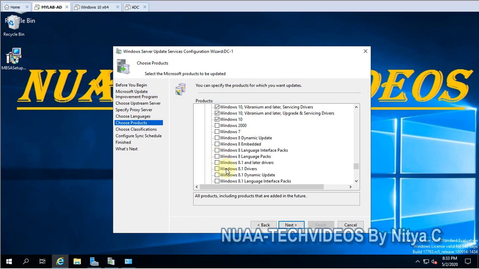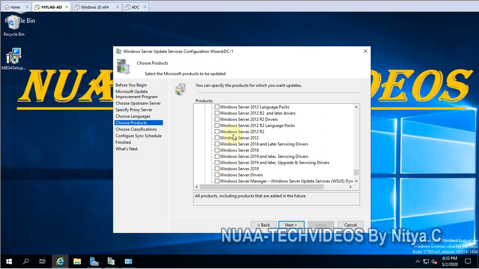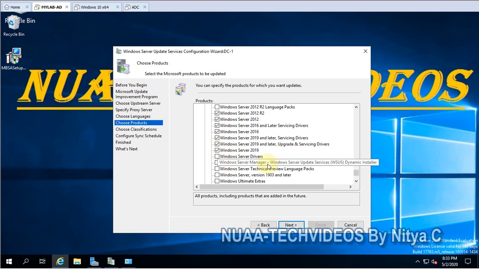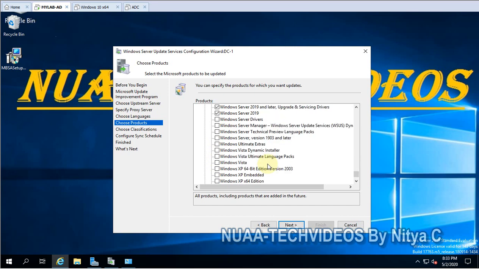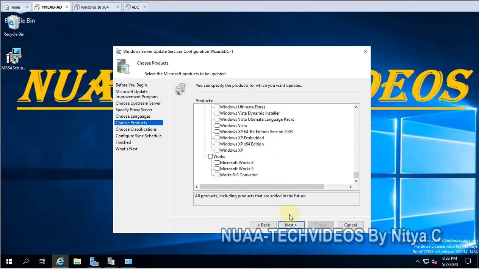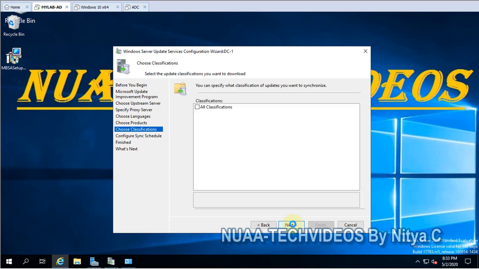I don't have Windows 8. Windows Server 2012, R2 2016, 2019. That's it, and click next.